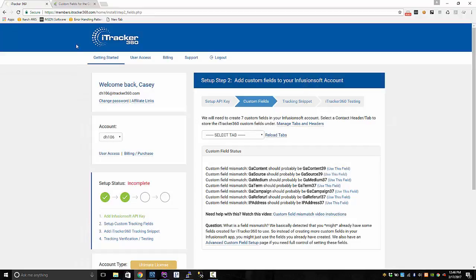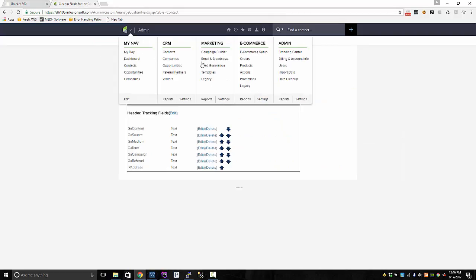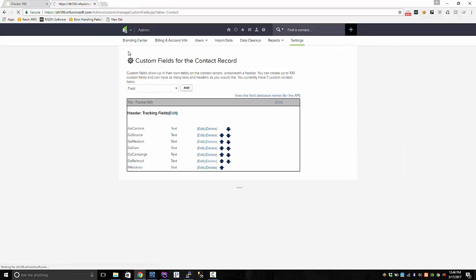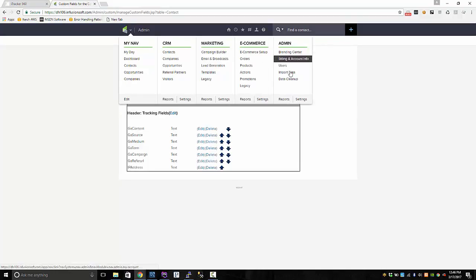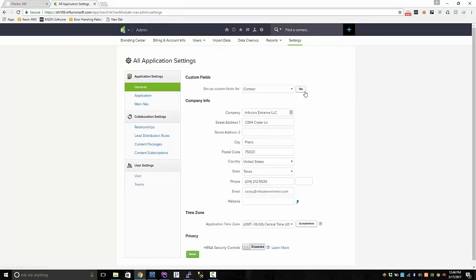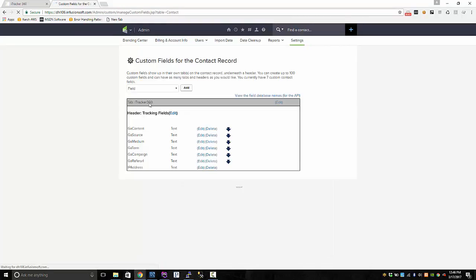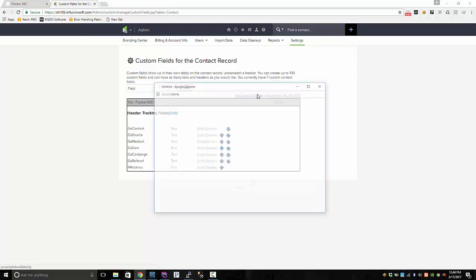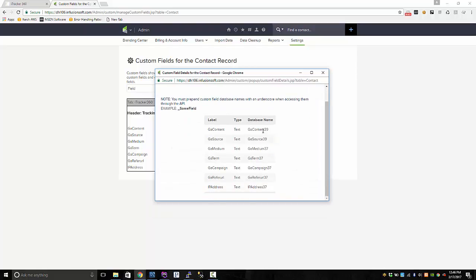In this account, I have my contact custom fields here brought up. To get here, you just go to admin and then settings and then click set up custom fields for contact. So that's how you get to this page. But so we already have GA content, GA source. We already have all the tracking fields that iTracker uses. This account already has them set up, but if I look at the API names, the API name is actually